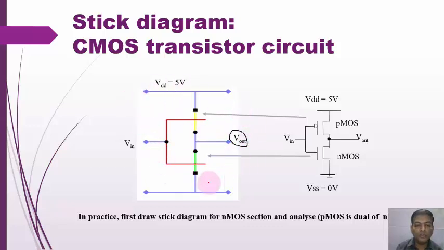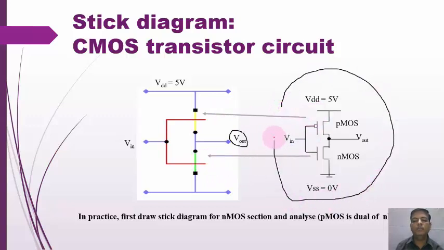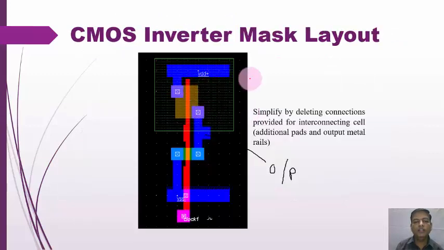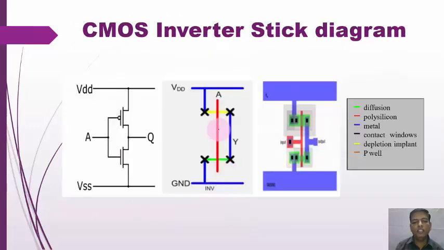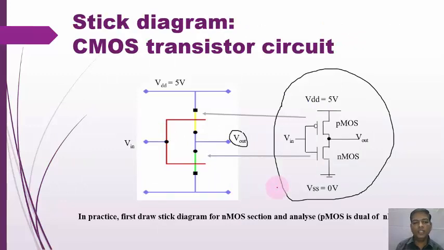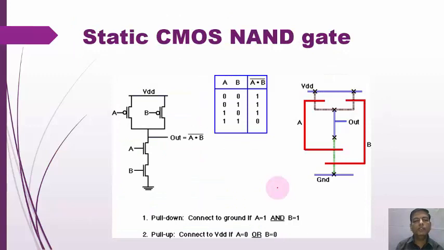So everyone can know how to draw the stick diagram. The simple way, the earlier way, and this way, you have to draw that particular one. Here it is PMOS and here it is NMOS. It is your CMOS circuit layout. This is called the circuit schematic, this is called the stick diagram, and this one is the CMOS layout. Everyone can know that. Okay.